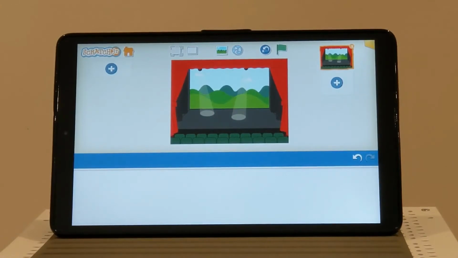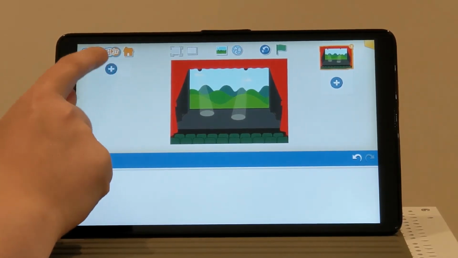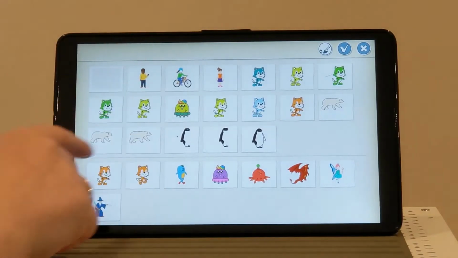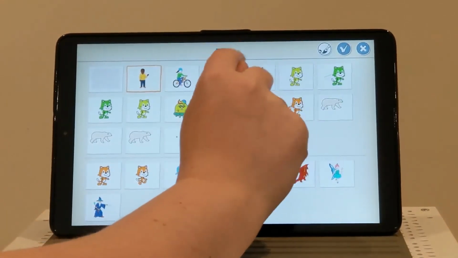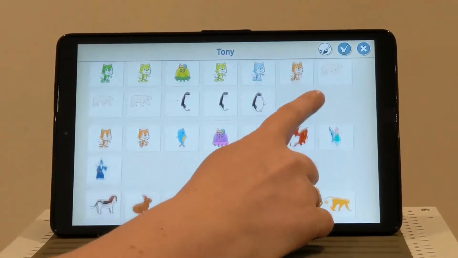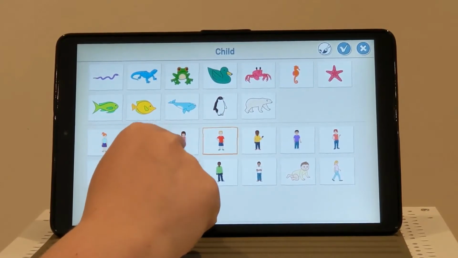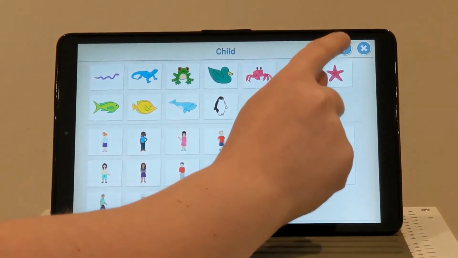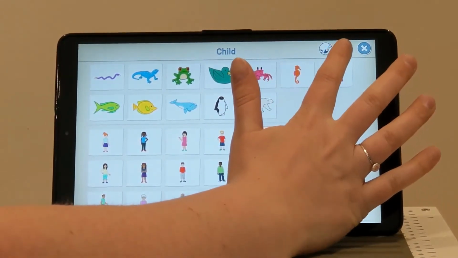and we've got a stage background. Now we want some characters to do some dancing on this stage today, so we're going to add some characters with this plus button over here. I've used some of these characters before, so I might use this one again. I've called him Tony. If you scroll through, a lot of the characters won't have names, they just say child. So I'll show you how to change the name to whatever you like. So we'll click that child here,